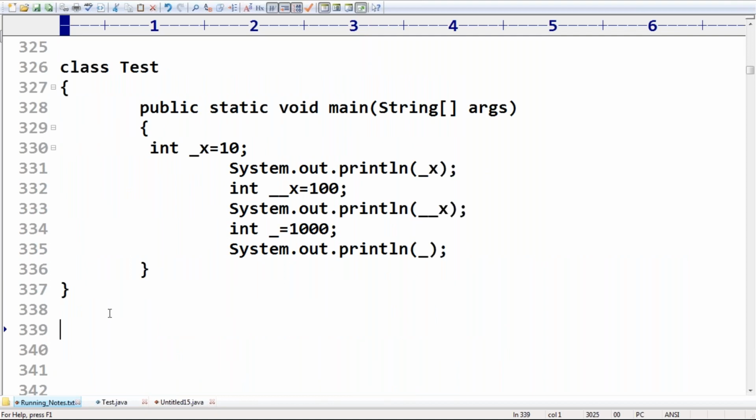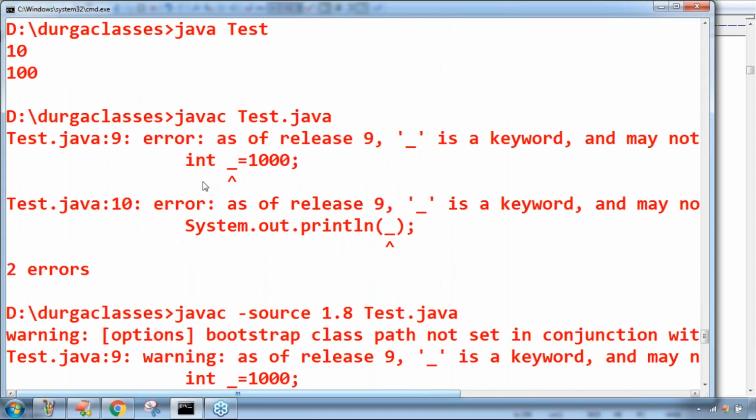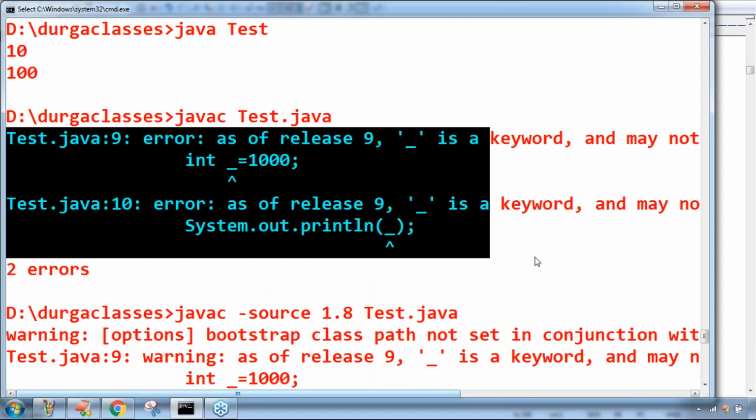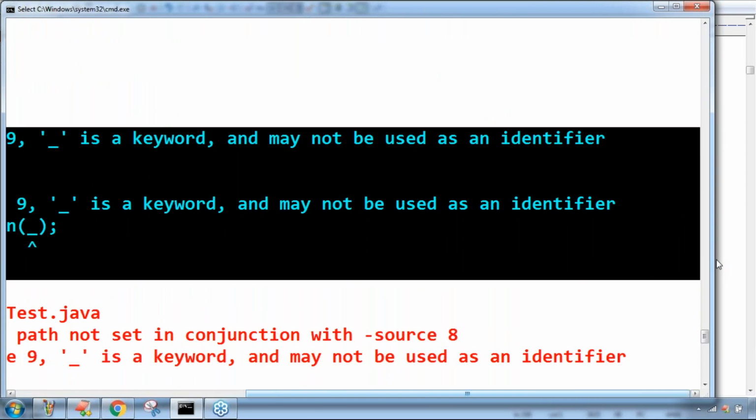Okay, like that. So now here, if you are trying to compile this code, what is the warning, what is the error we are getting by default? This is the error in Java 9.